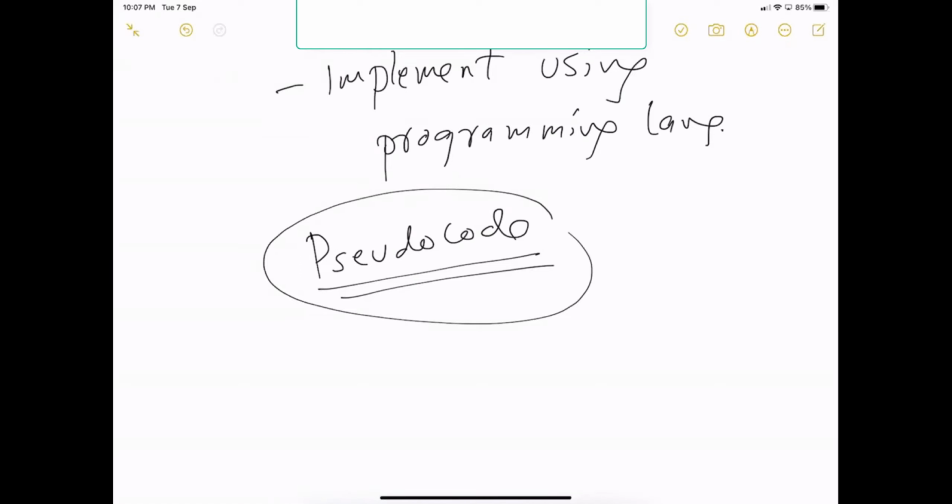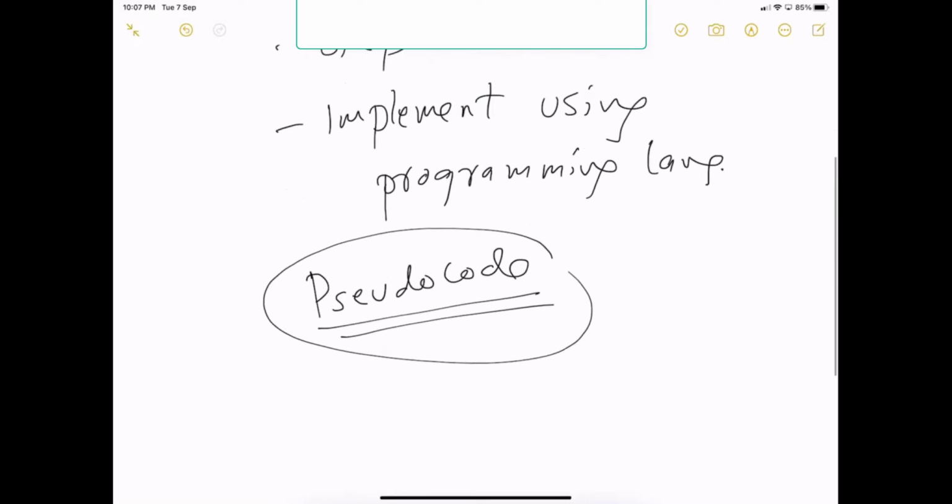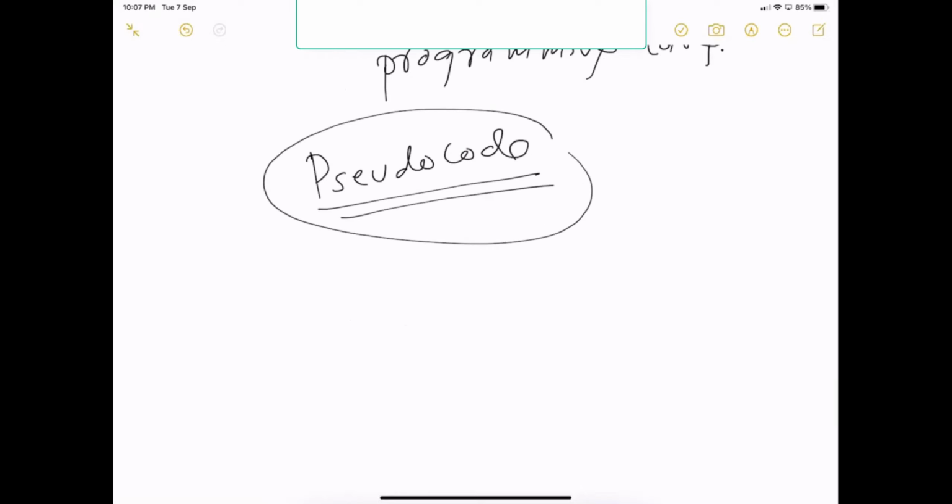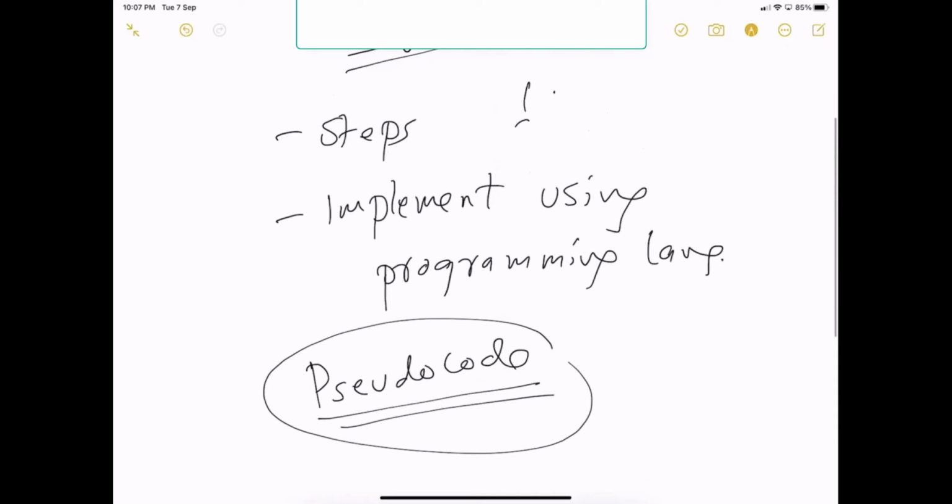Pseudocode often uses structural conventions of a programming language. What does that mean? Pseudocode uses structural conventions of a programming language, but is intended for human reading rather than machine reading. Algorithms are just steps 1, 2, 3, etc.